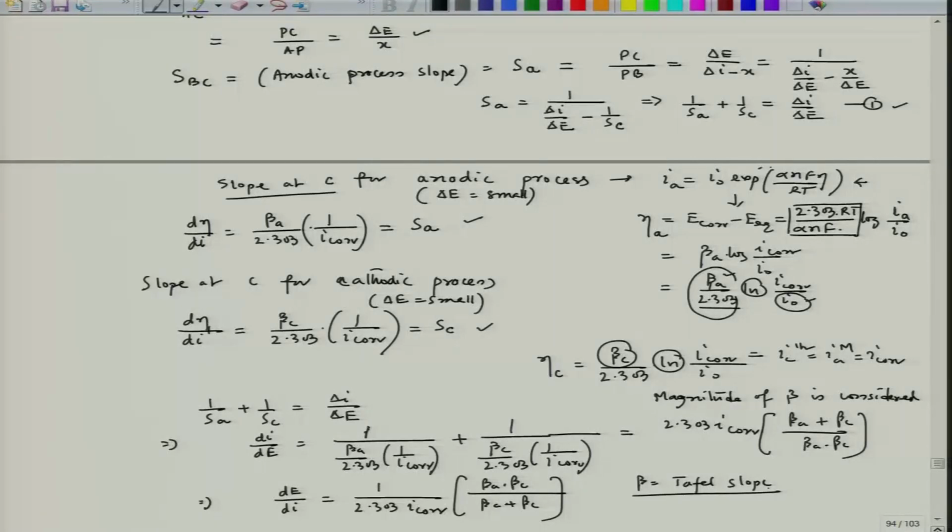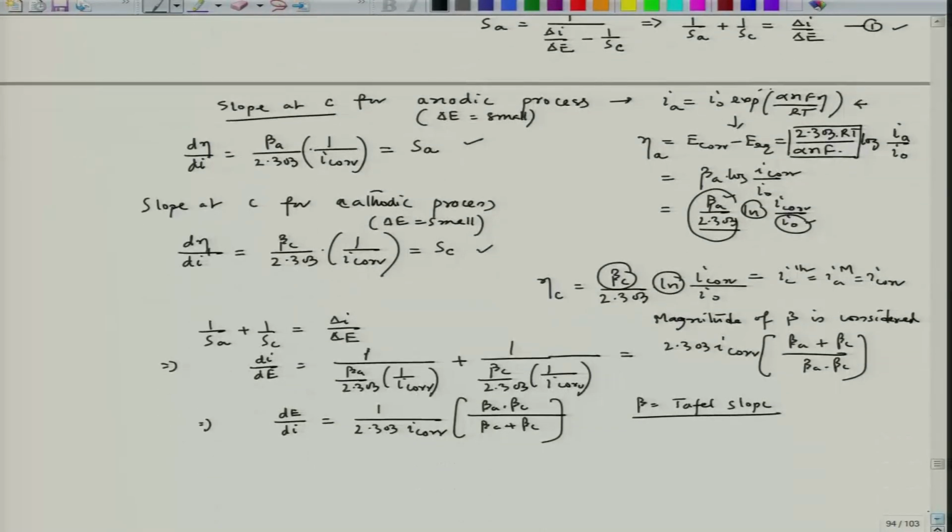Fine. So, now this equation is a very vital equation, and this ΔE/ΔI, when ΔE is equal to small, so that time this is considered as polarization